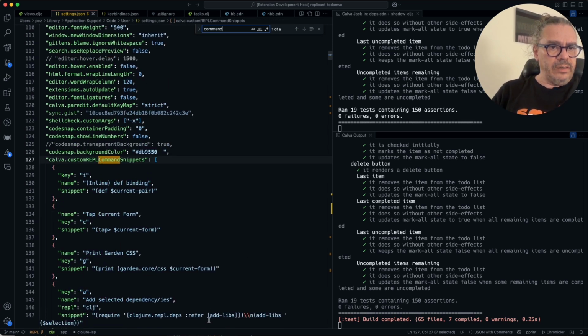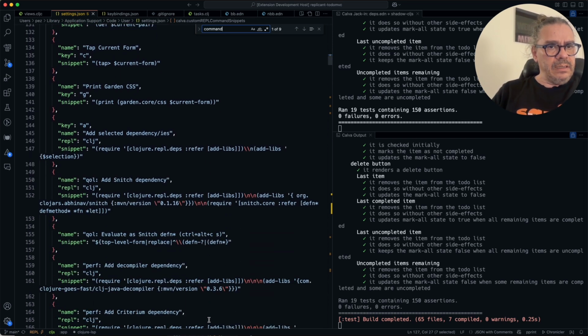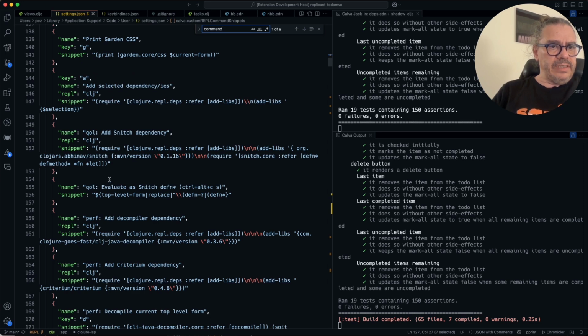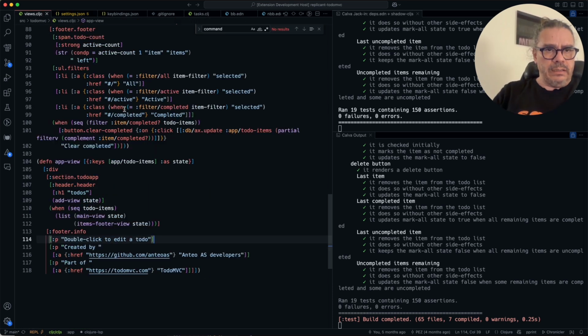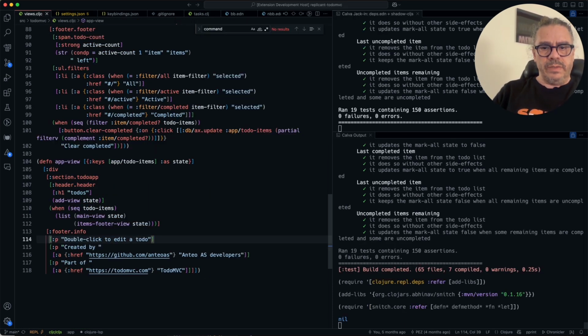So these are my custom snippets, and one of the snippets here is this one. It's a quality of life snippet. It adds the snitch dependency to my REPL. So I can do that. I have already done it in this case, but anyway, now we have the snitch dependency